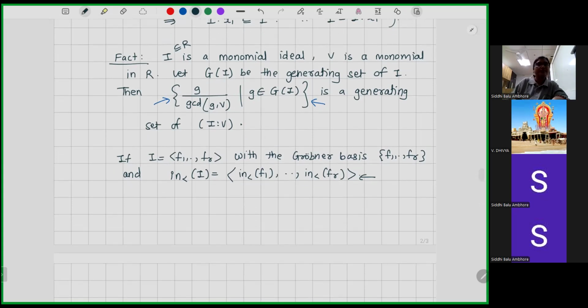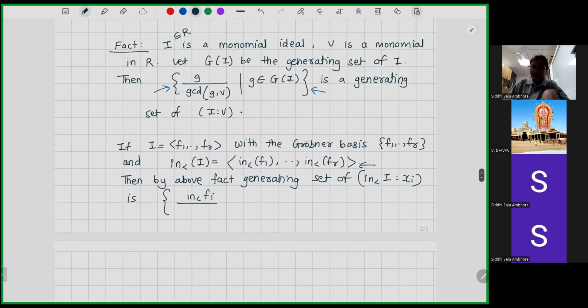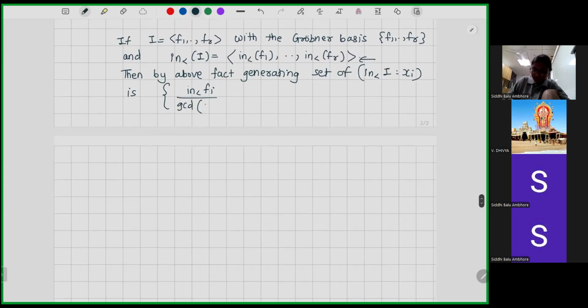Then by the above fact, we can say that the generating set of the initial ideal of I colon x_i is this set: the initial of f1, that is the leading term, divided by gcd of in(f1) comma x_i,